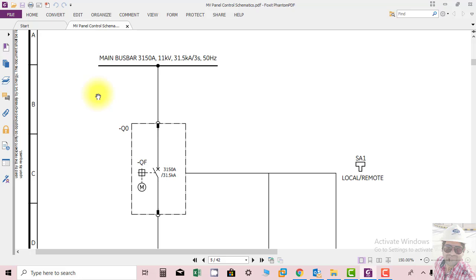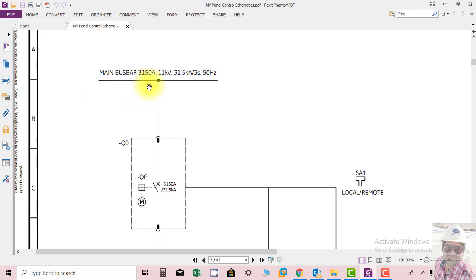The rating of the bus bar here is 3150 ampere. This is the continuous rating where the bus bar can bear this much current without getting overheated. This is the voltage level of the bus bar, that is 11 kV, and this is the short circuit rating of the bus bar, that is 31.5 kiloamperes for 3 seconds. So this bus bar can bear 31.5 kiloampere for the time duration of 3 seconds. 50 hertz is basically the